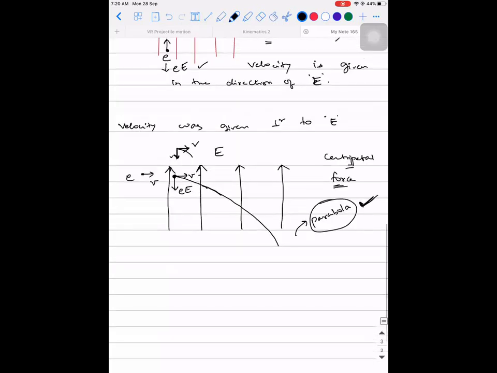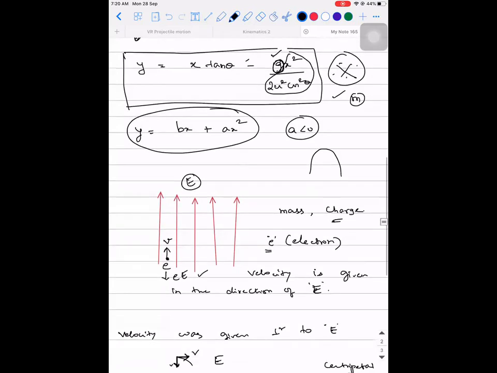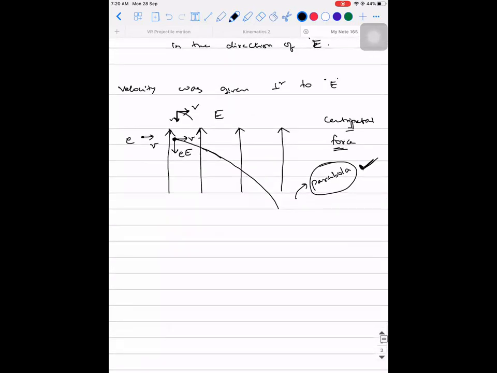At that time, what you can do is you replace g with the acceleration in this medium. What is the acceleration in this medium? E into capital E is equal to M into A, accepted. So which implies A is equal to E into capital E divided by M. We would have seen this in the derivation of drift velocity also, right?